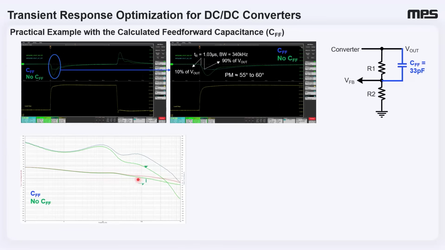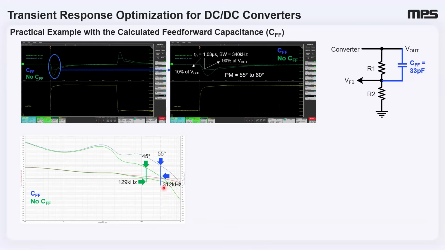Observe its bandwidth is around 129 kilohertz and phase margin 45 degrees, which closely matches what we estimated for the no CFF case through time domain analysis. The blue and the red waveforms are the gain and phase plots for the CFF case, and the bandwidth and phase margin correspond to approximately 312 kilohertz and 55 degrees